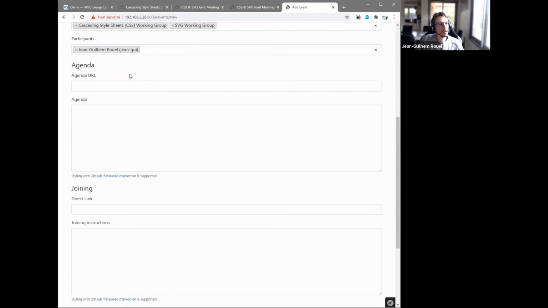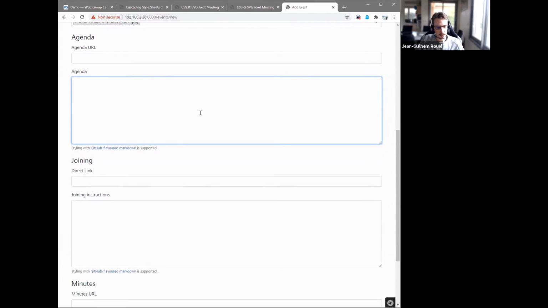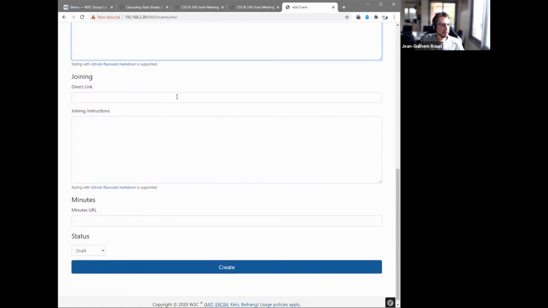Then you can specify the agenda for the meeting in two ways. You can either add just a link to another page that holds the agenda, or you can enter it directly here, again using Markdown. And you can also specify both if you want. And then two similar fields to add a direct link to the meeting.